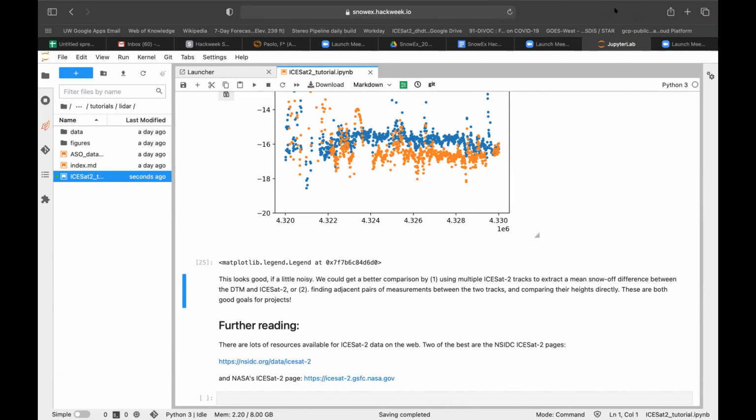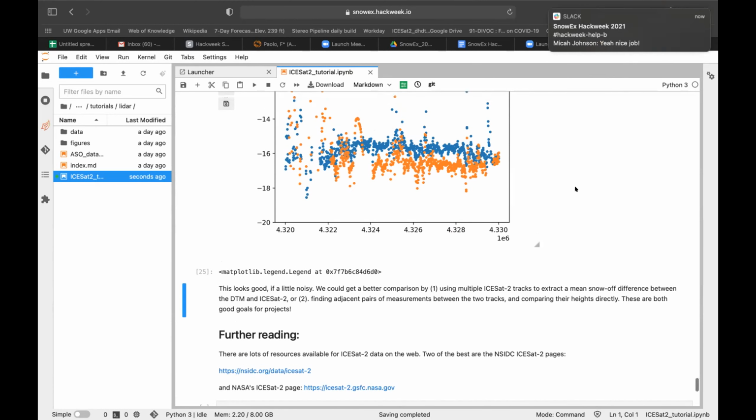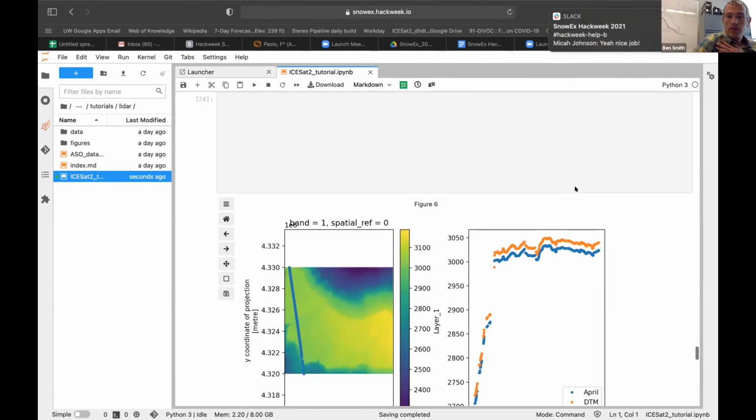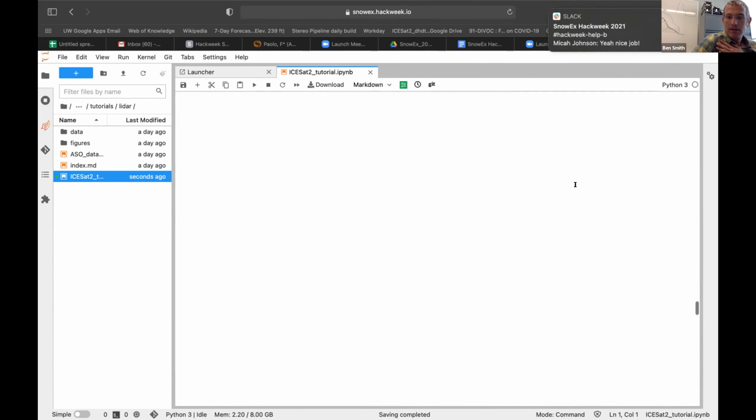I have a question. So you said Grand Mesa, there's no repeat. So how do you know July and April, you're looking at the same spot? Yes, okay. So that is way back